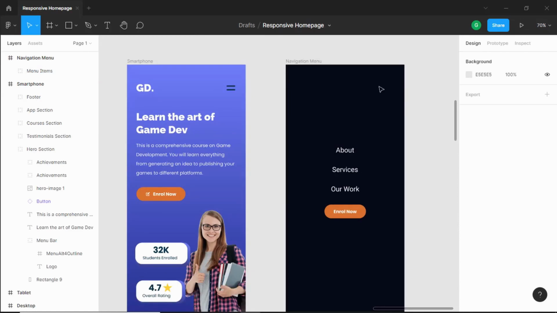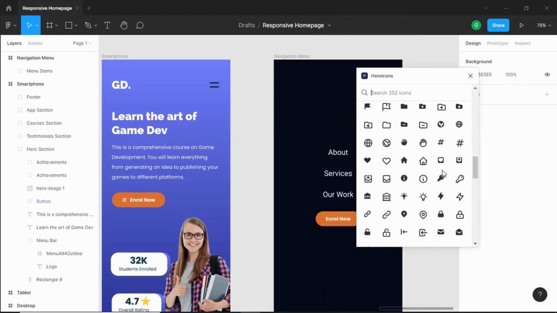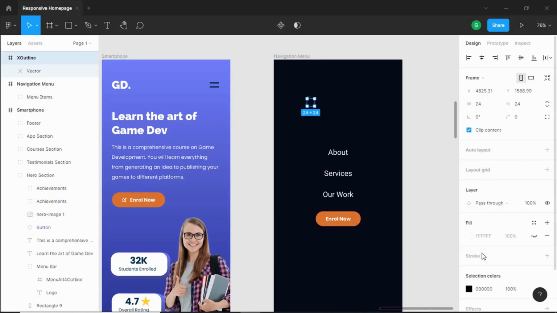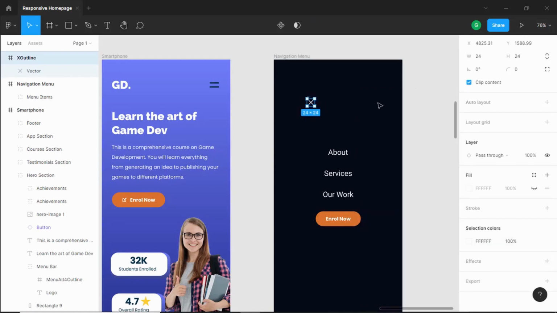Now the next thing we need to do is add a close icon. So let's right click over here and go to plugins, and let's select Hero Icons, and if we scroll down we can see that we have this icon for close. So let's drag this over here, and let's change the color of the icon to white, and let's increase the